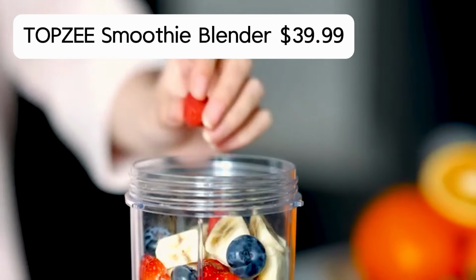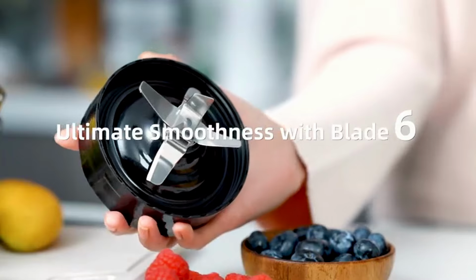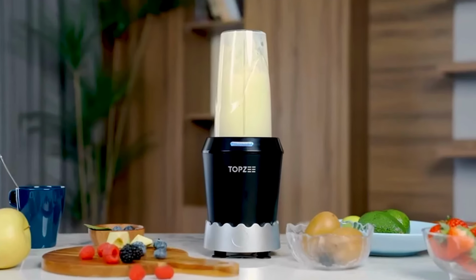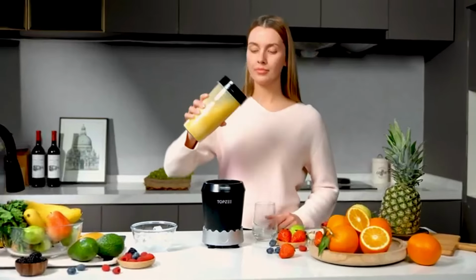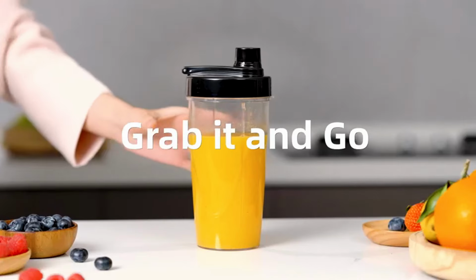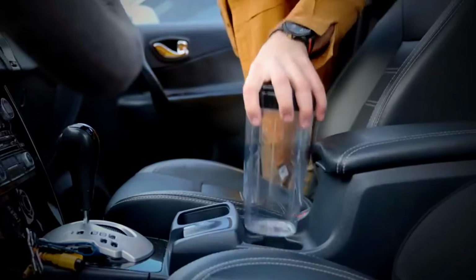This powerful 1,000-watt personal blender is built to crush ice and blend smoothies with ease, even on scorching summer days. With a 24-ounce portable cup and 6 stainless steel blades, it's perfect for whipping up everything from fresh fruit juice to baby food. Plus, the dishwasher-safe design makes cleanup effortless, making it a reliable companion for both your kitchen and